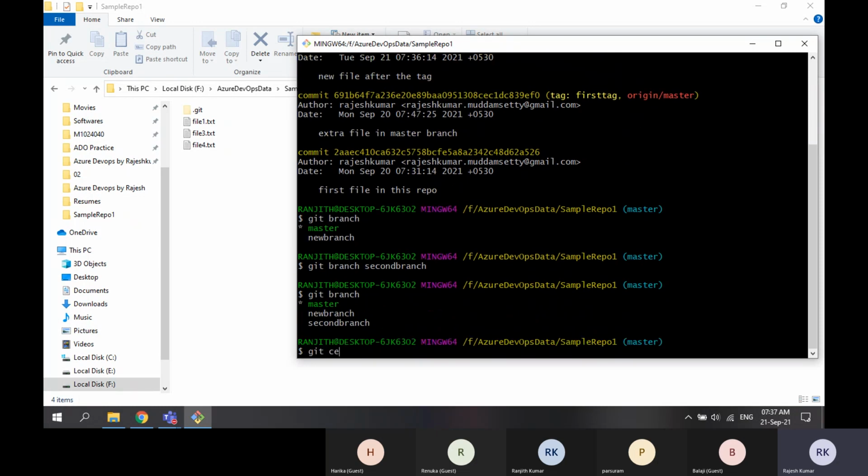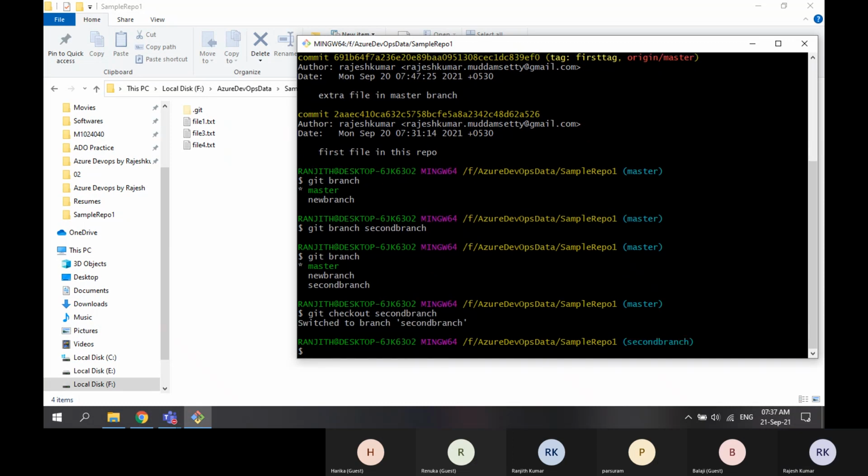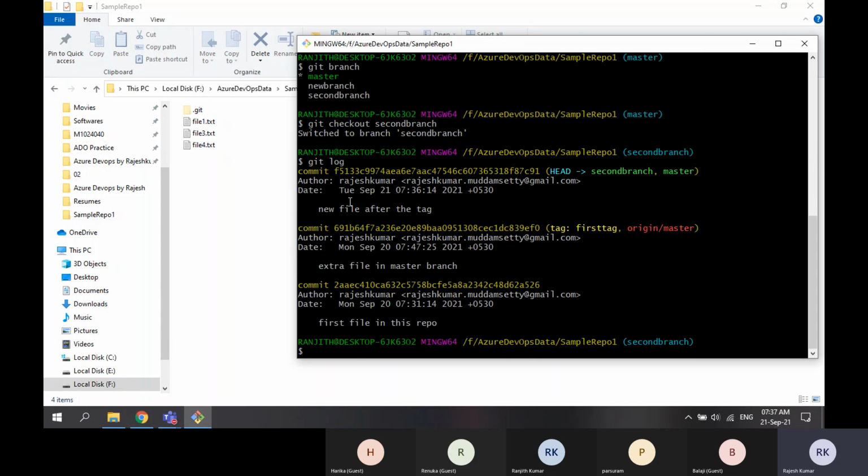Three. If I check out to the second branch and verify the logs, obviously I got three commits. I wanted only these two commits, not this extra commit. But obviously I'm getting that extra commit.